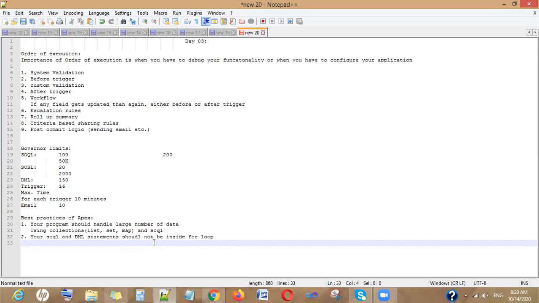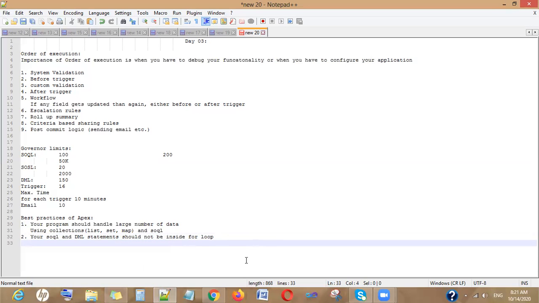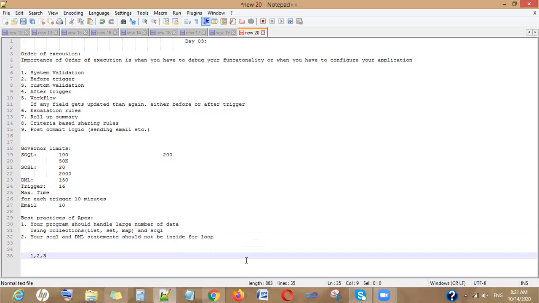And as a best practice, I told you that when you are writing your logic, always use the limit, and your limit should be 49999. I have mentioned here that DML statements should not be inside the for loop. Why am I saying this? Because of the same thing. Just for example, you have one, then the second, then the third, then the fourth, then the fifth, and in the same way, you have